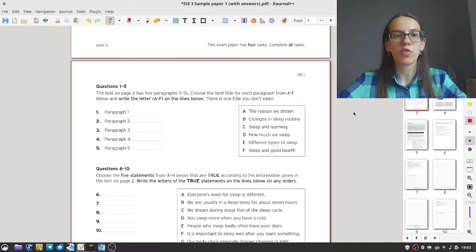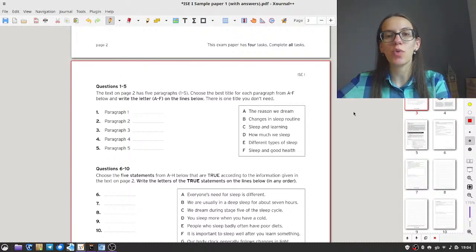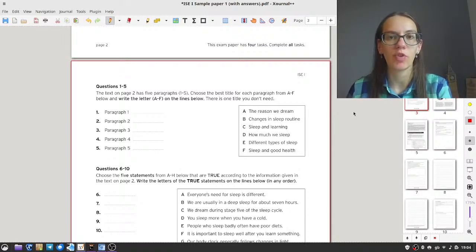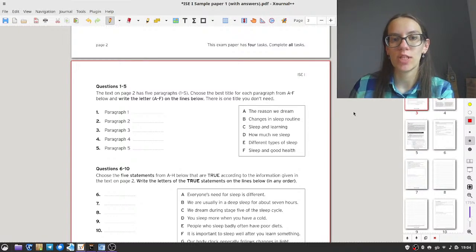So questions 1 through 5. Before we do anything in any exam, in any paper, we first need to read the task and to understand what they want us to do in the task. So questions 1 through 5, I will read the task for you. The text on page 2 has 5 paragraphs, 1 through 5. We have already seen these paragraphs. So choose the best title for each paragraph